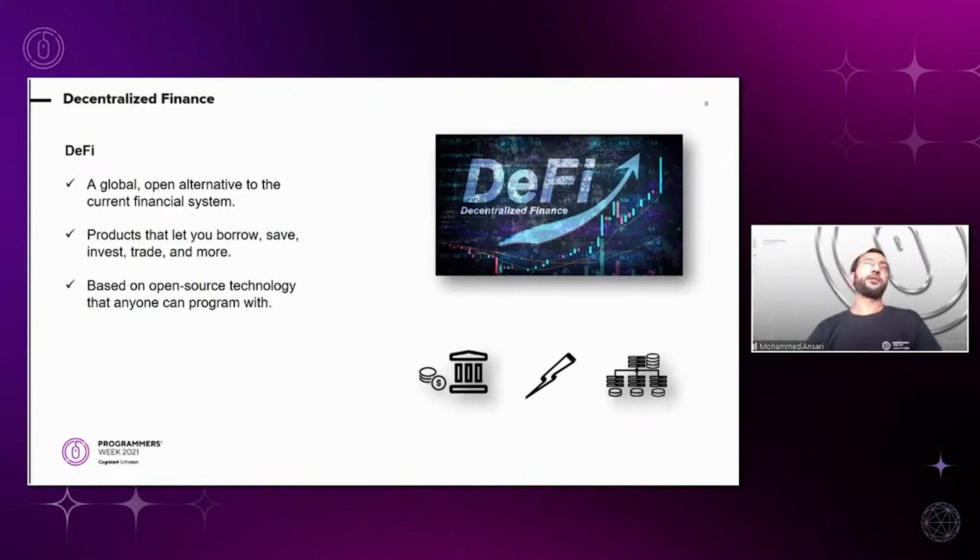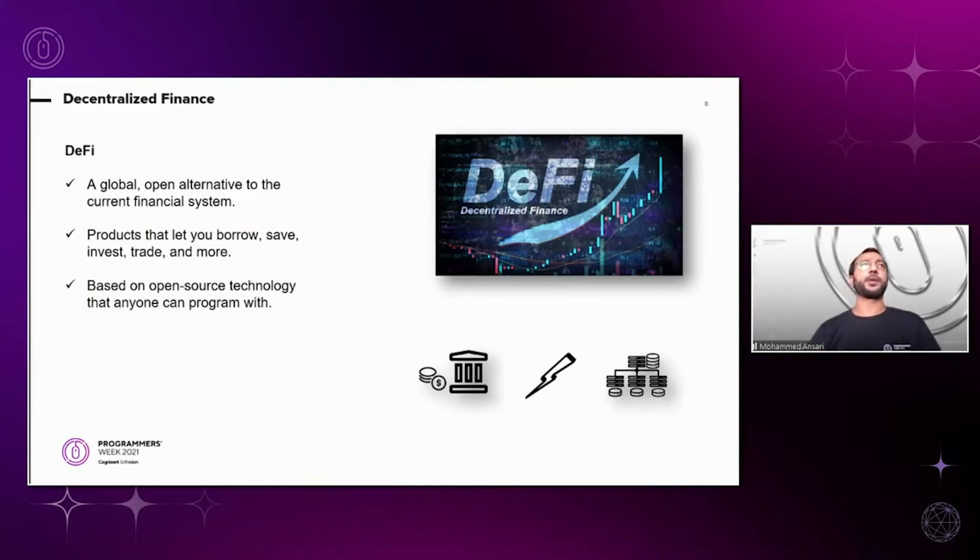Now, if we have a look at the building blocks of a DeFi, what do we need? There are two important elements to it. Number one is the platform. In terms of platform, we have Ethereum. Ethereum is already a vast platform with a number of different tools around it, a big ecosystem of utilities, application programs, and client applications supporting it. So you have Ethereum in place. That solves your first problem.